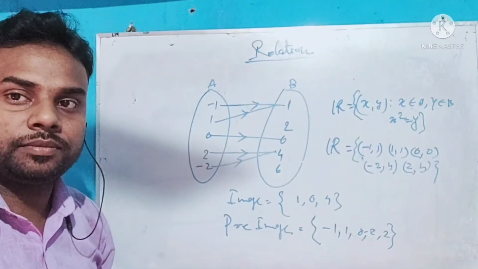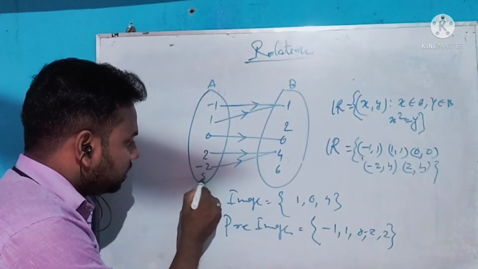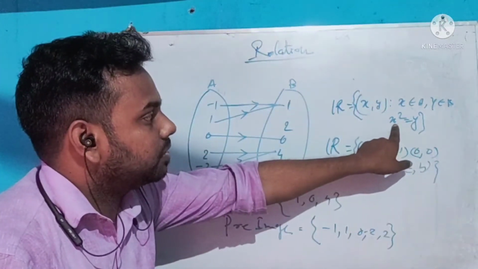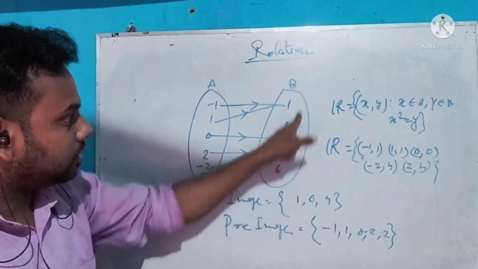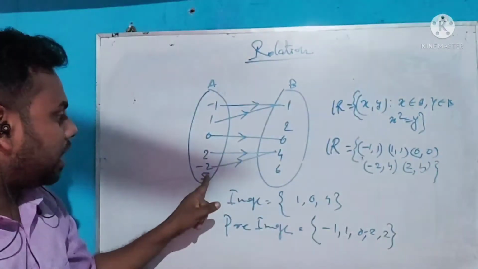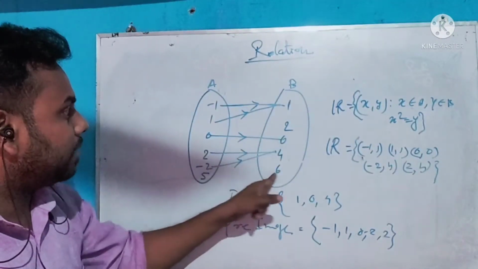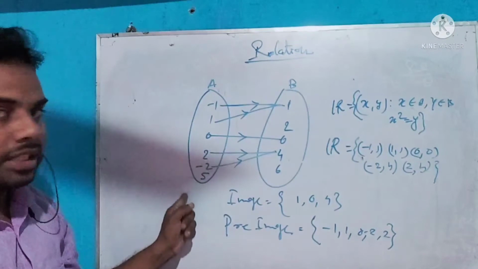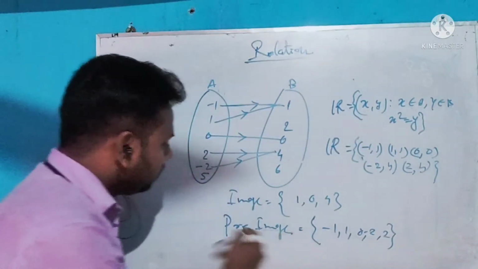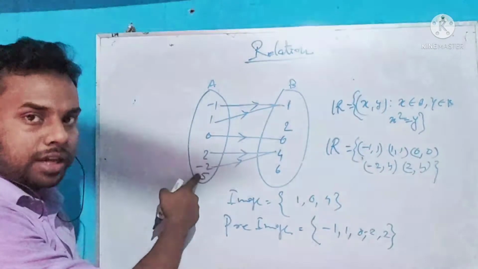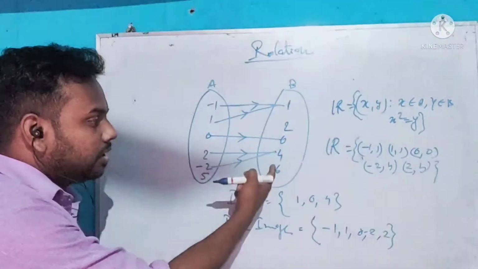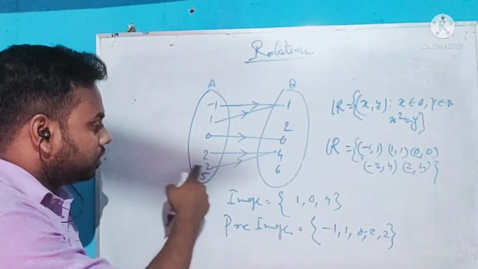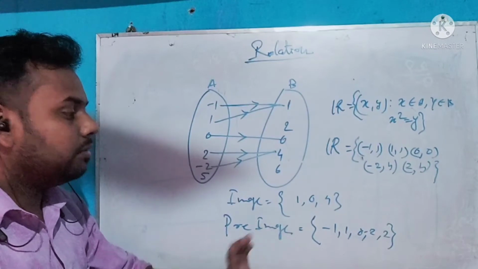Now suppose there is another element in set B, that is 5. According to this relation, 5 squared is 25, and 25 is not in set B. So 5 is not related to, or not mapped to, any element of B. So 5 doesn't have an image and doesn't have a pre-image also. We can't count it in the image or pre-image set, because only if it has a pre-image does it count. So this 5 is not counted as an image or pre-image.